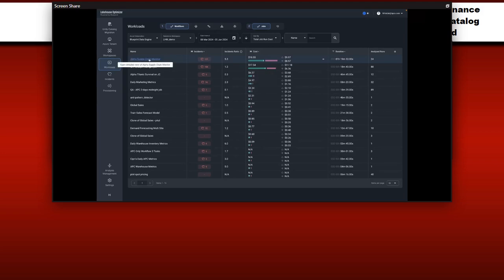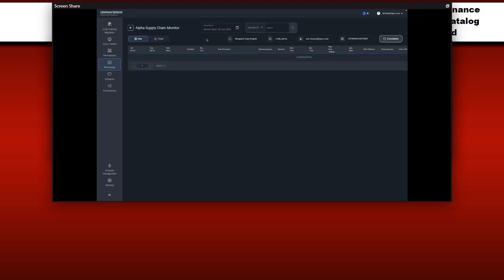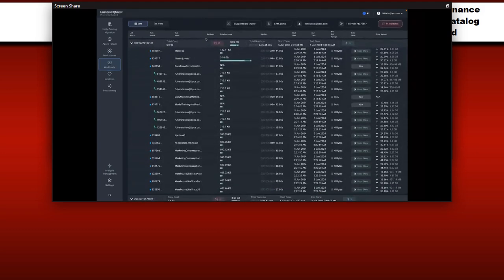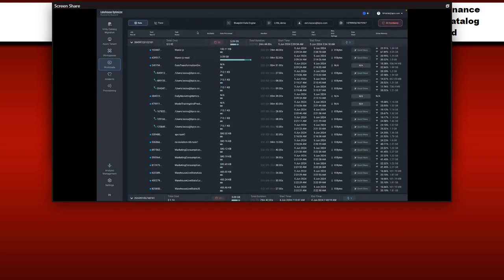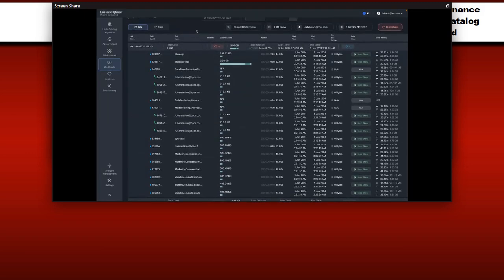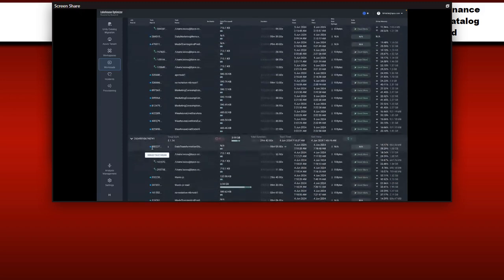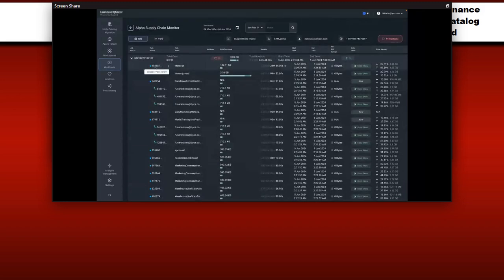And from within here, you'll start to see some additional complexity that might be a challenge typically to wade through, and how Lakehouse Optimizer will make it more simple and straightforward. Within each one of these, I have a couple of different job runs. You'll see there's two that are listed on this page. Each one of them has individual tasks as well that are running concurrently.